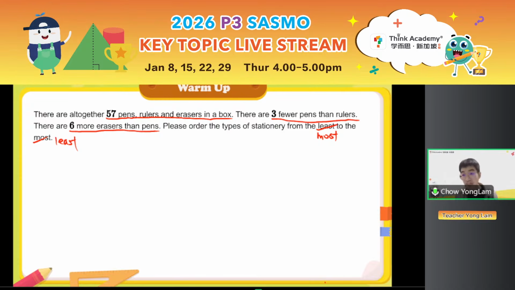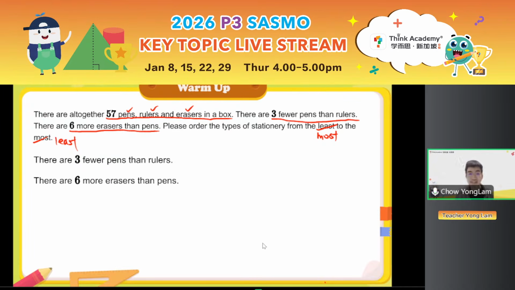Okay, now what is different about this question? Previously in our warm-up, how many things are we comparing? I'm always comparing the big basket and the small basket. But today, in this question, there are 3 types of stationery: pens, rulers, and erasers. And I gave you the sum, right? And I gave you the difference. So if I have more than 2 types, maybe 3, maybe 4, how do I compare the number of items for each type? Right, so here there are actually 2 pieces of information to help us.